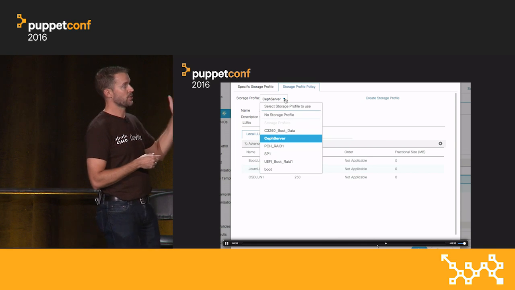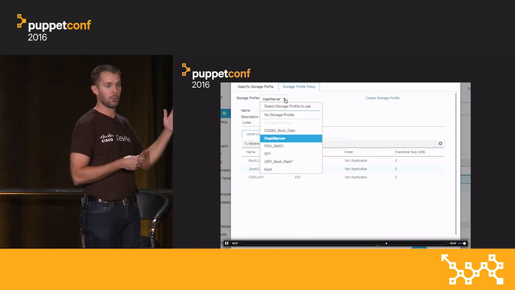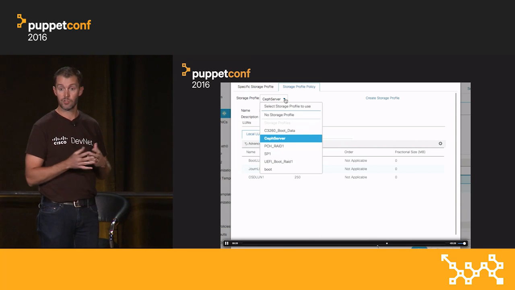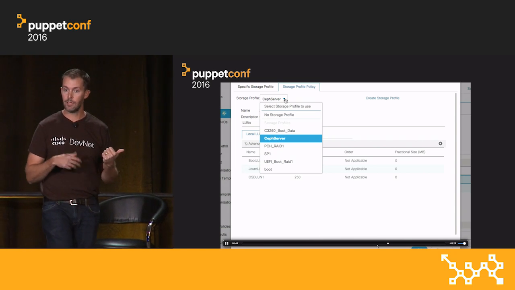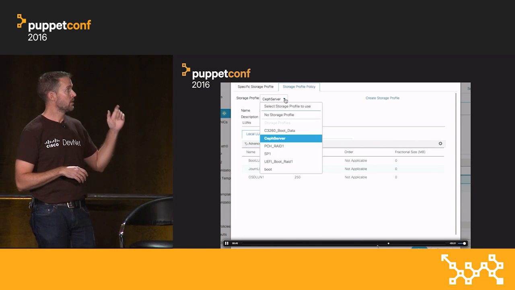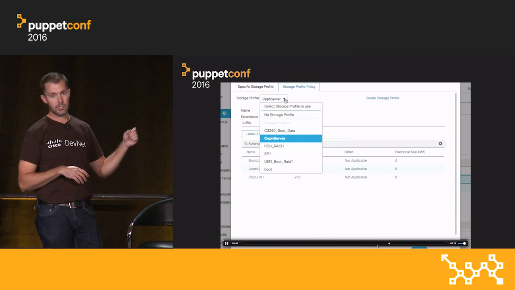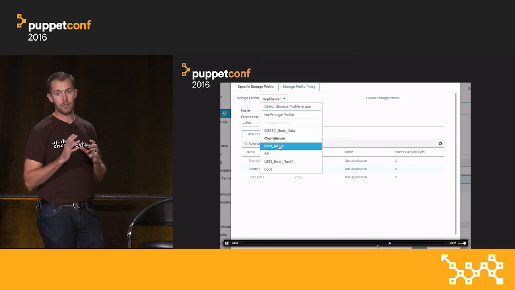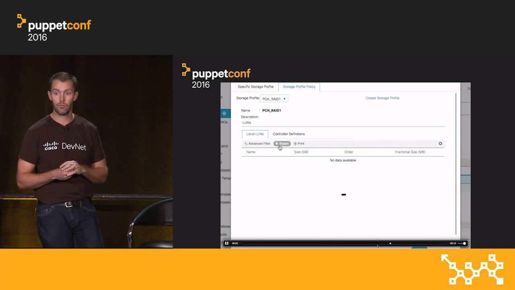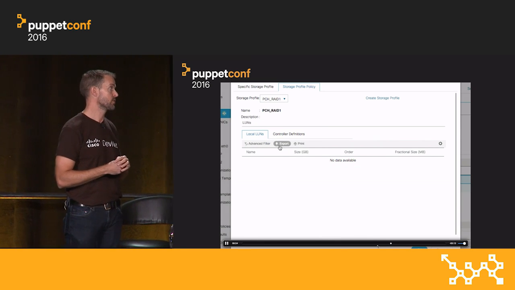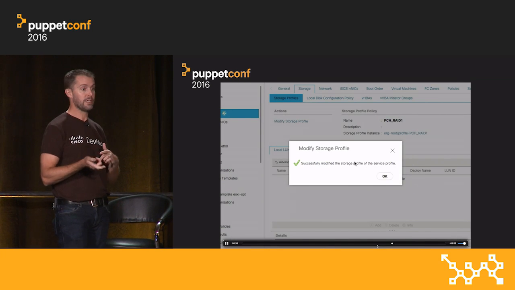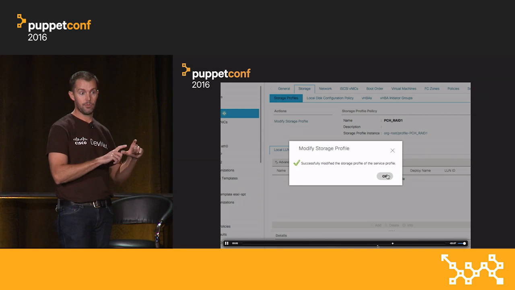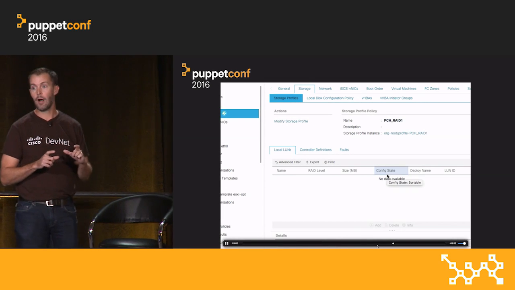So I'm going to switch off of my Ceph storage profile for this Windows 2012 service profile. I'm going to switch over to a PCH managed boot infrastructure. That PCH I'm going to set to RAID 1 and basically configure the controller for RAID 1, all from within UCS. And then as soon as I finish this, I'll go reassociate my new Windows 2012 service profile with the